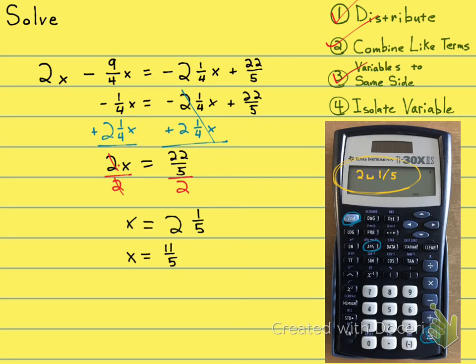Okay, this is the preferred answer for math people, but I guess this one's okay. Since they gave you mixed numbers, you can give them back mixed numbers. One more note, when you go from a mixed number to an improper fraction, you click second, ABC. What you're going to see on here is this, ANS,